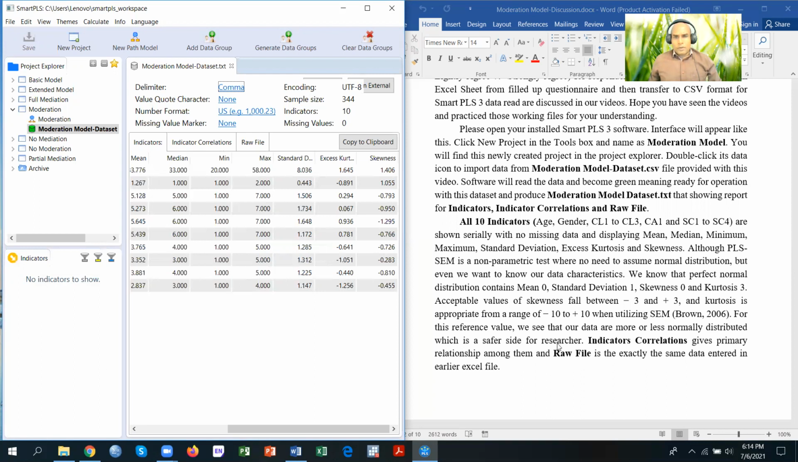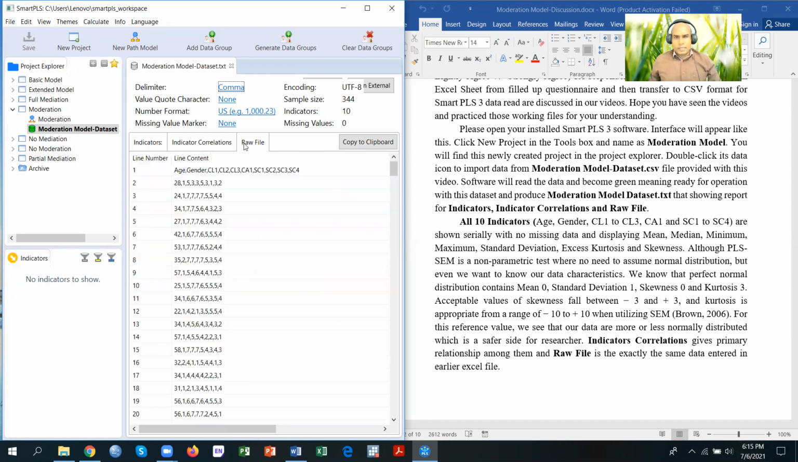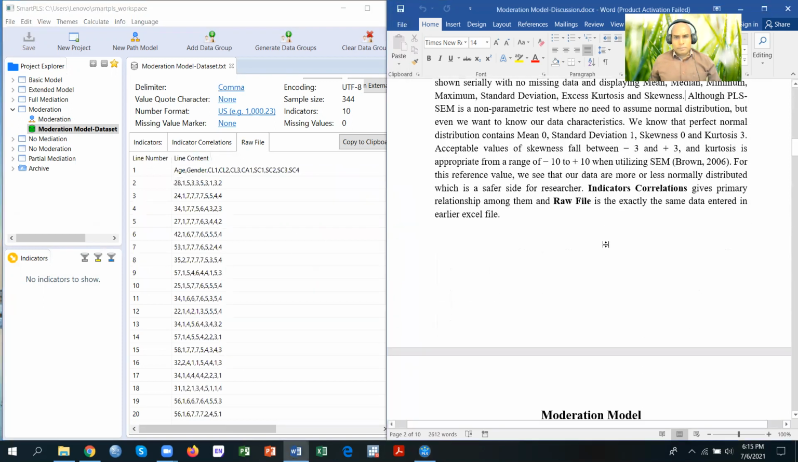For this reference value, we get our dataset more or less normally distributed, which is the safer side for the researcher. Indicator correlation gives the primary relationship among them, and the raw file is exactly the same dataset we have given as input in our Excel sheet. Now,